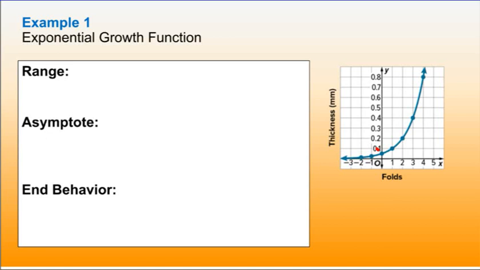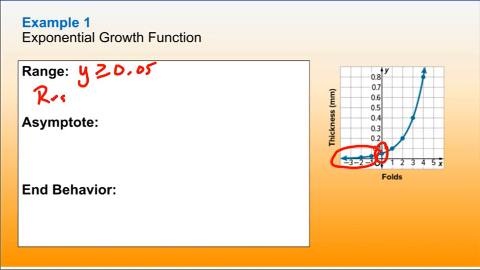And I know on our graph here, you see that you could put negatives, but remember your x, or your domain, is the number of folds. I can't have a negative number of folds. So really you're going to start right here. So our range is going to be y has to be greater than or equal to 0.05. But it can't be infinitely greater than 0.05 because there's a certain point where you can't fold it anymore. So we would say that the relevant range would be restricted